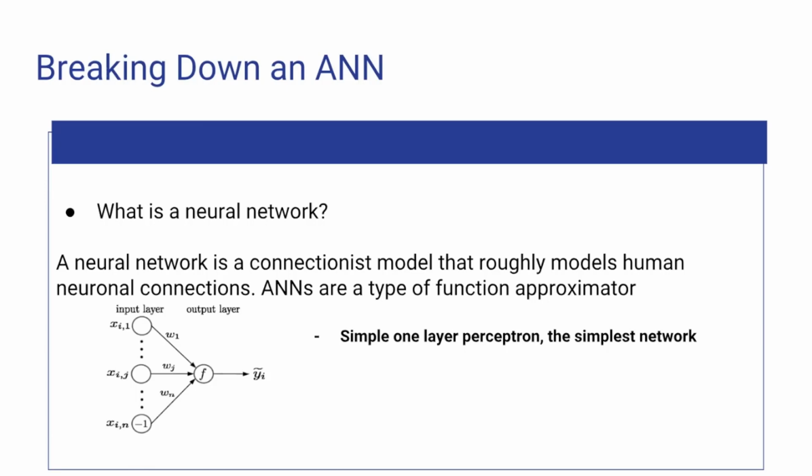A function approximator in general is pretty much what we're trying to do in machine learning. We're trying to learn an approximate function that can either predict a class or a regression value to a certain degree of accuracy. And this is a term that's more often seen in something like reinforcement learning. But yeah, just keep that in mind, because it's a term you might be hit with at some point.